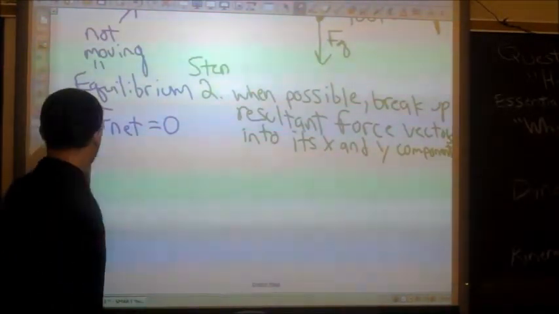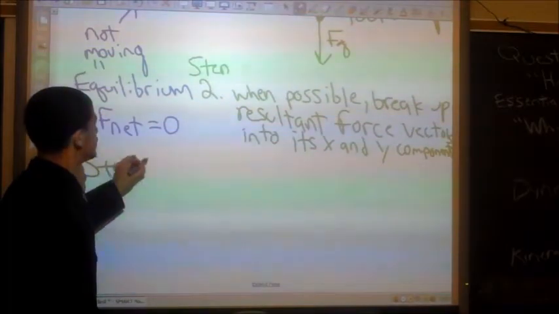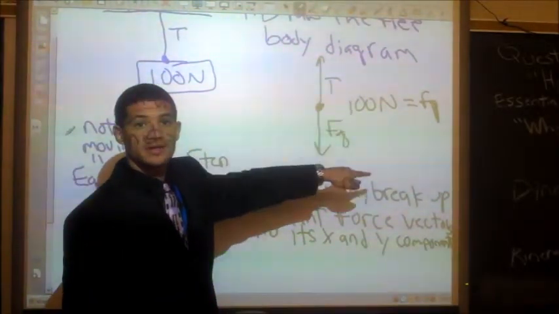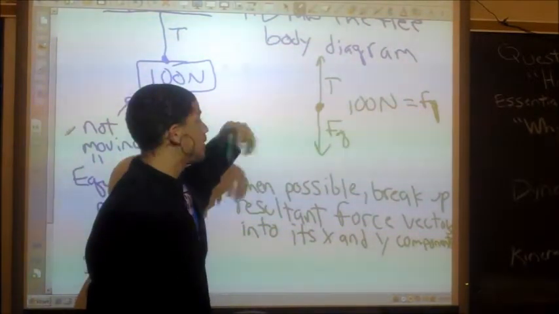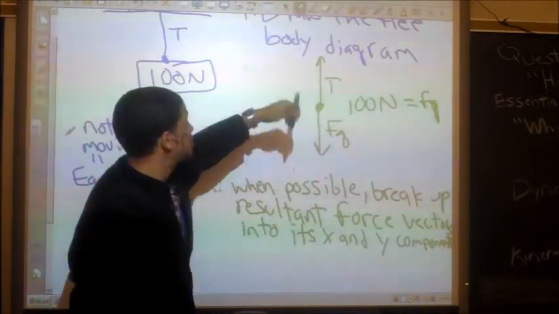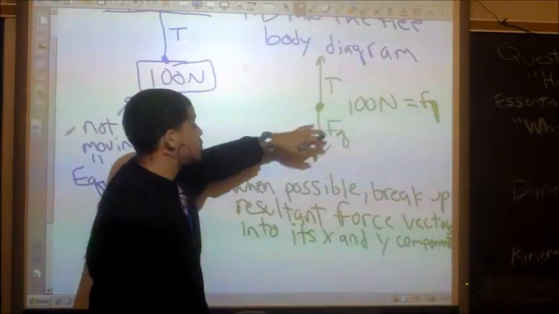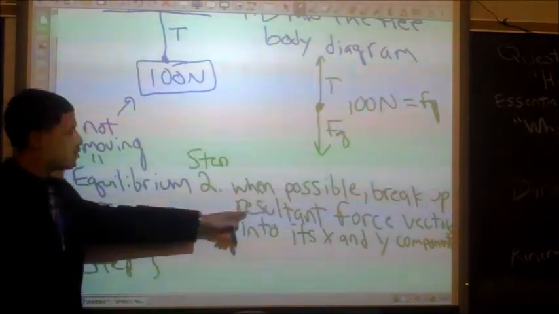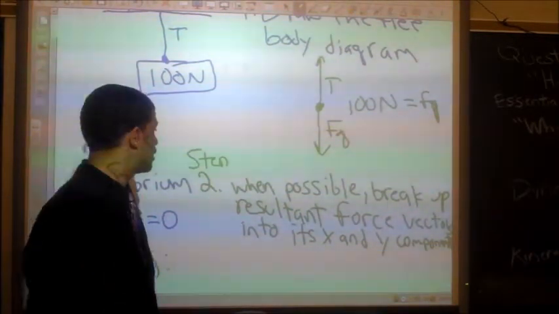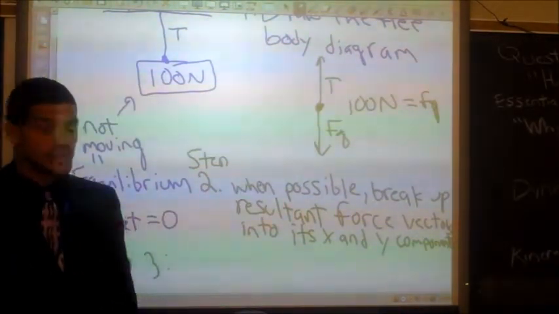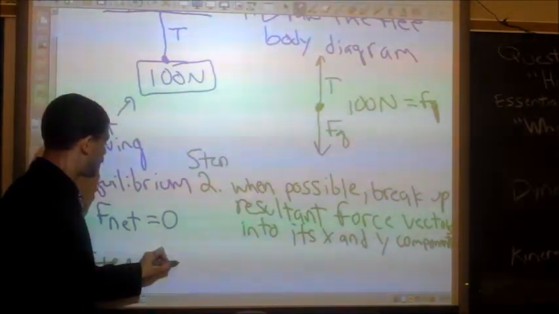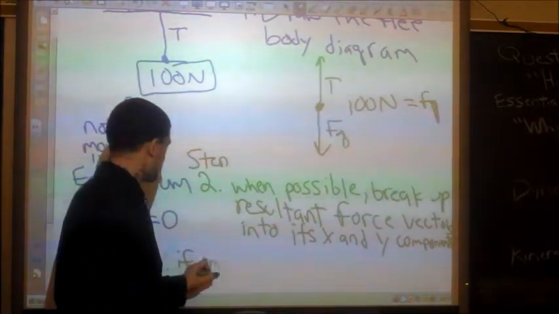In this case, all of our vectors are on the y. We don't have anything going to the left or right, or at an angle. We just have straight up and straight down, so these are both y component vectors. We don't necessarily need to do step 2 because they're already broken up into x and y components. So if the system is in equilibrium,